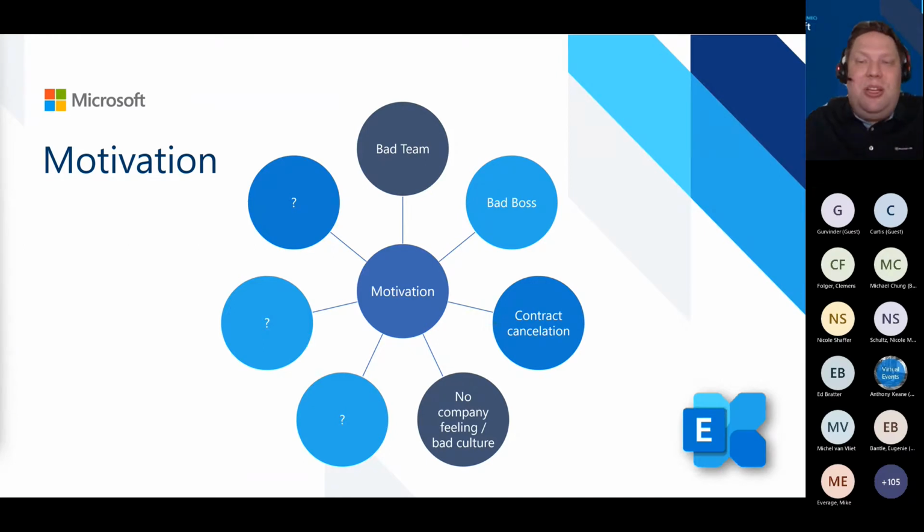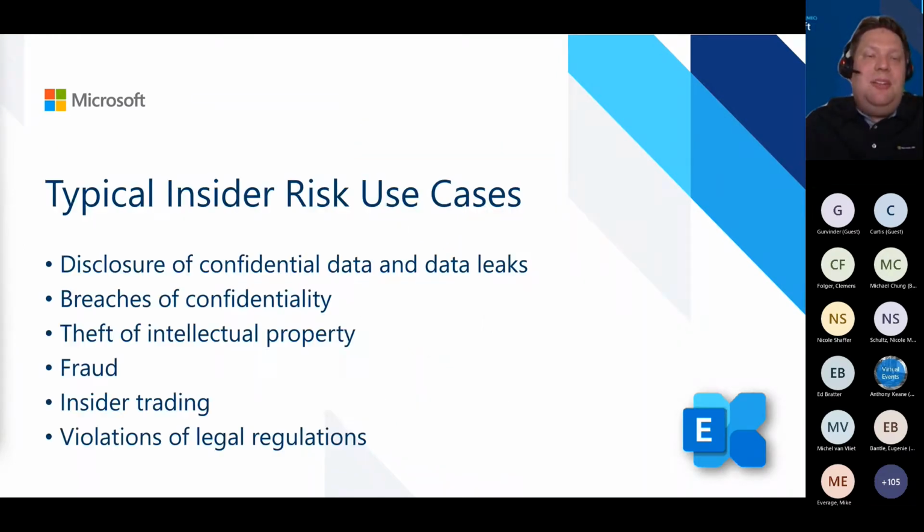So these are the motivations, and this is very critical when insiders send information, cause data leaks, breach confidentiality, or break the NDA. We have thieves of intellectual property, which is very bad for the company too. Then insider trading. That's why we start with communication compliance and stock trading. You find these insiders via communication compliance or also with insider risk. So let's start and have a look at it.